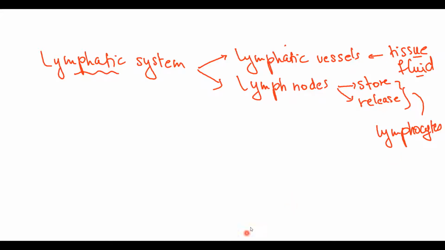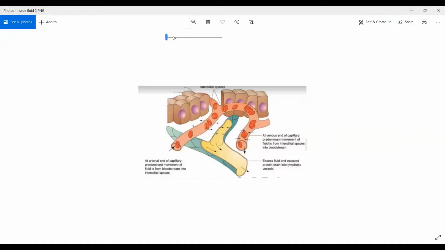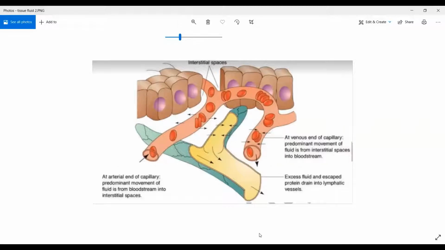If you look at this picture, another one for the tissue fluid or for the lymphatics, as you can see here, this is the blood capillary, and tissue fluid is getting out of the blood capillaries like this. Part of the tissue fluid on the other side of the capillary is going to be reabsorbed back to the blood, while the rest is going to remain in between the cells and the capillaries to be collected by the